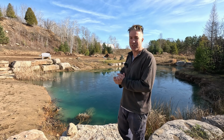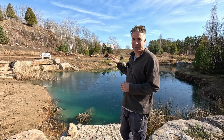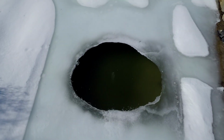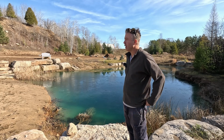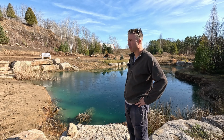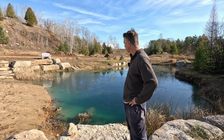I actually like to take the trade-off of less oxygen in the winter, but we like to skate on this pond. So, you know, you can definitely keep a pond aerator going all year and it'll keep the pond open with a small area of melted ice, but we're gonna skate on it this year. I think I have good oxygenated water naturally, so I haven't lost any fish in the past. Hopefully that trend continues, but we're gonna pull that aerator out today, let this thing freeze over because we've got